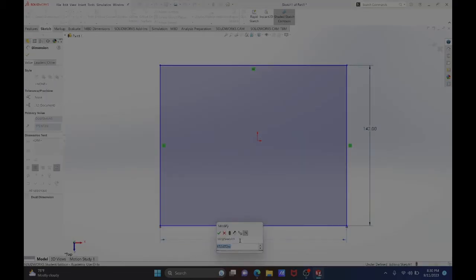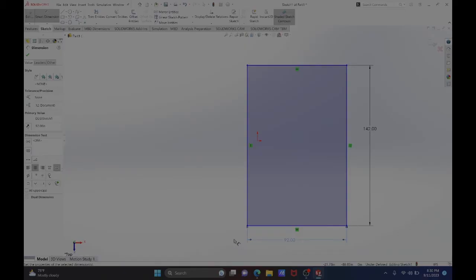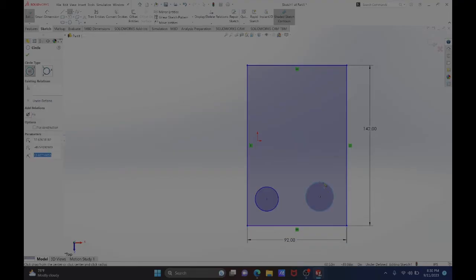And one thing that I want to show you is that you can actually type in 21 plus 21 plus 50, and it would actually do it for you. Now before we do anything, let's put the four circles in there. There's an easy way to do this, but for now we're just gonna go in this direction. Okay,